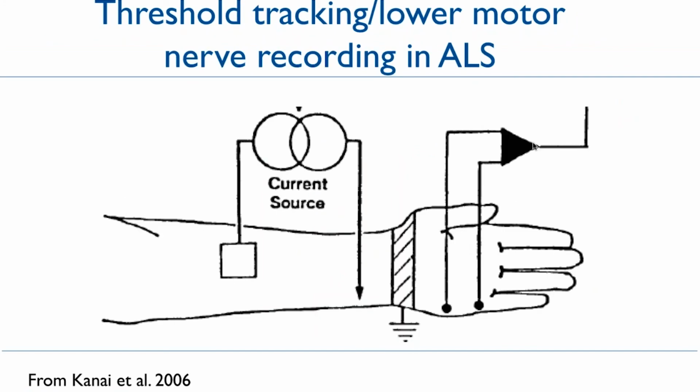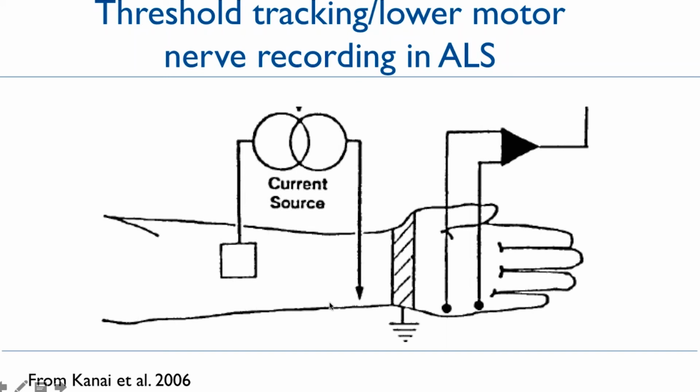So I want to say a little bit more about that ALS clinical study that I'd mentioned, which was led by Steve Busick and colleagues in Australia. They've done a number of experiments like this, but one of the key ones, and probably the closest analog, is an experiment carried out by Kanai and colleagues, where they performed lower motor nerve recordings, where they directly inject current into the lower motor nerve and look at contractions in the muscles in the hand.